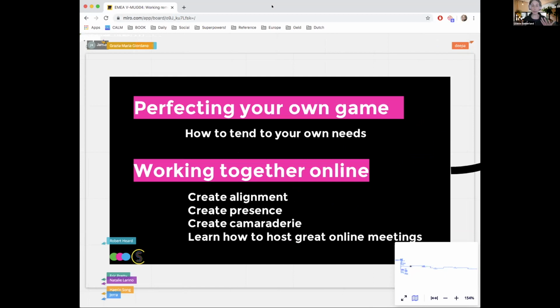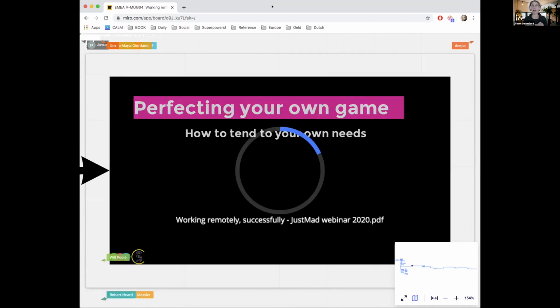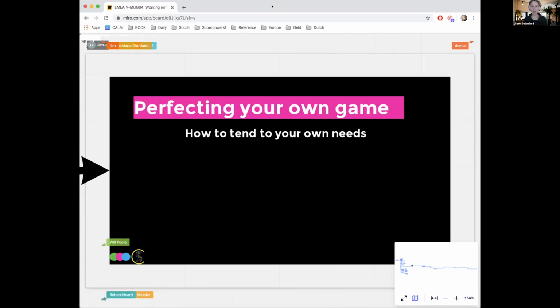And the structure of what I want to talk about today is twofold. I want to start with how do we as individuals perfect our own games and work remotely? And then how do we work together online? So there's sort of two components to that: perfecting our own game and then working together online. So we'll go through a number of those components. But I'd like to start with how do we perfect our own game and how do we tend to our